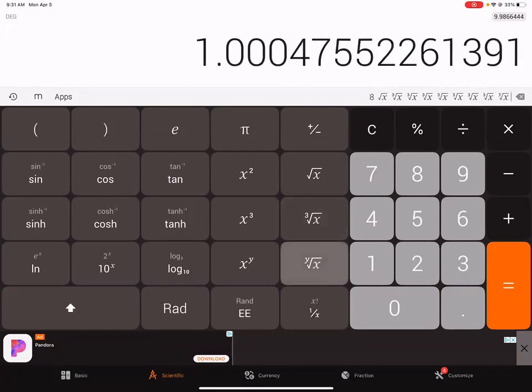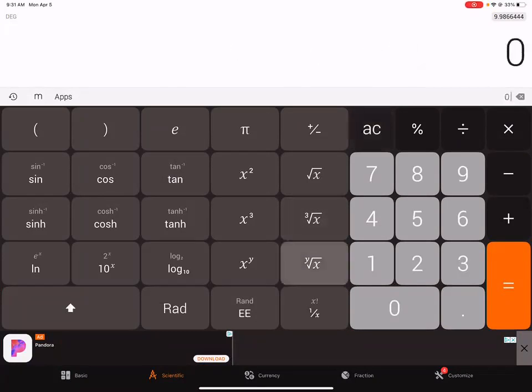And you can see here, I also can do cubes, and I can do this x to the y function. Now that one's a little hard to use. What you want to do is test your calculator to see how that function works. And if you haven't used it in a little bit,